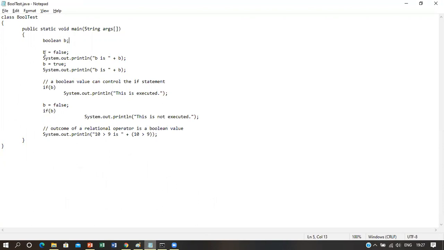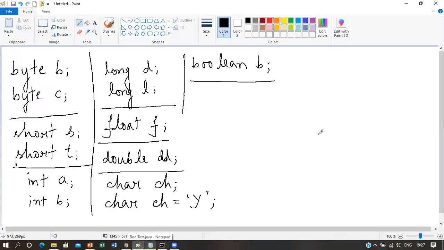Now we have set the value of b as false. Now we have printed the value of b. Here there is a difference. The highlighted portion will give you the value of b on screen. You are already familiar with how to print some value on screen in C or C++ language. So let's suppose that we are displaying some value in C language. Suppose we have taken a variable int a equal to 10 and we want to display it on screen.